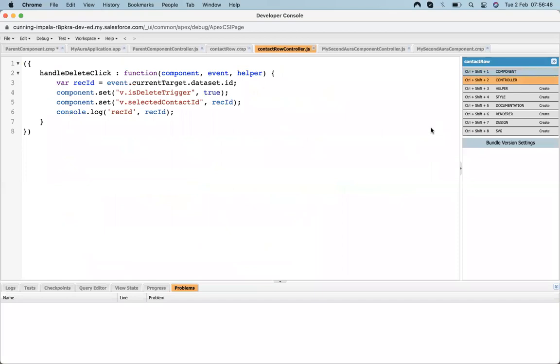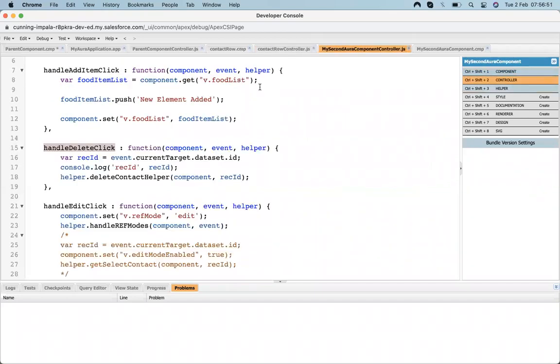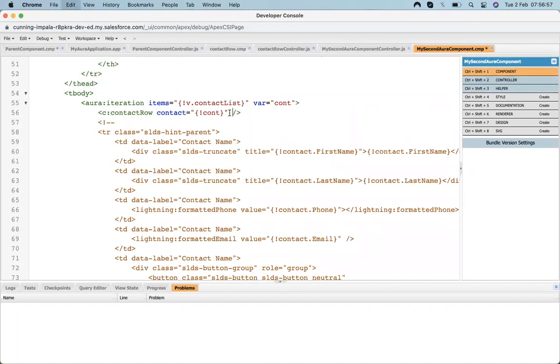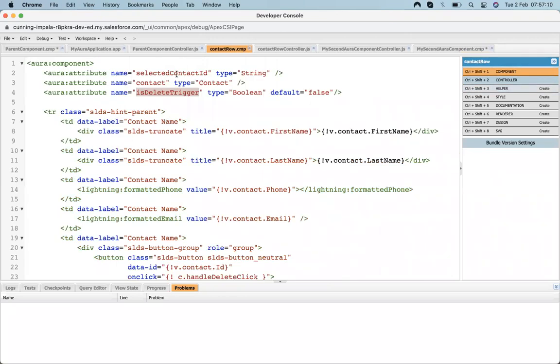So in order to capture it, first I will need to pass that value from parent to child, so that we can capture those events. Let's make it, and we also want the selected contact ID.